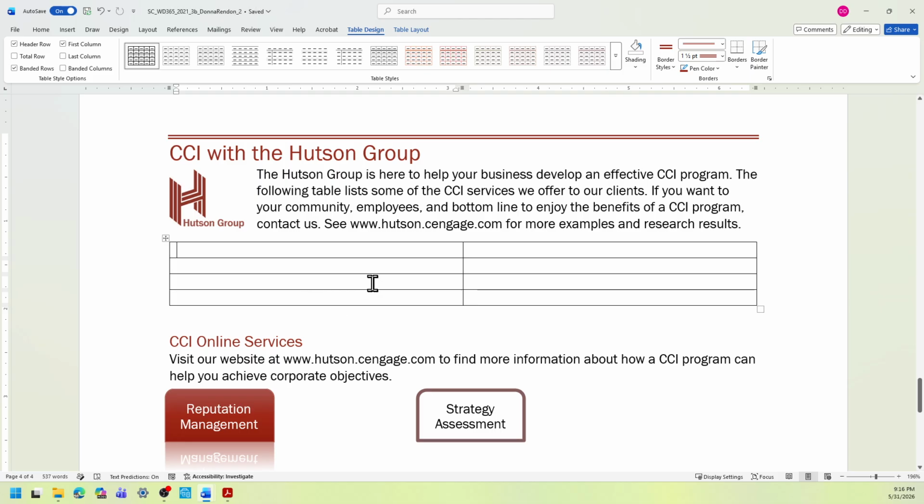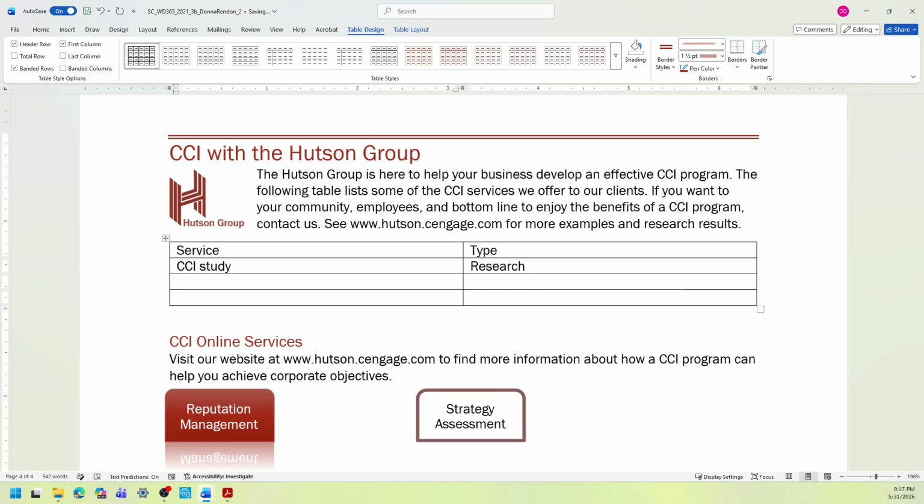The first row, first column should be service, and then tab to the second column, first row, and then type type. Tab to the first column, second row, then type CCI study, with small letter s, study, tab to the second column, second row, and type research.